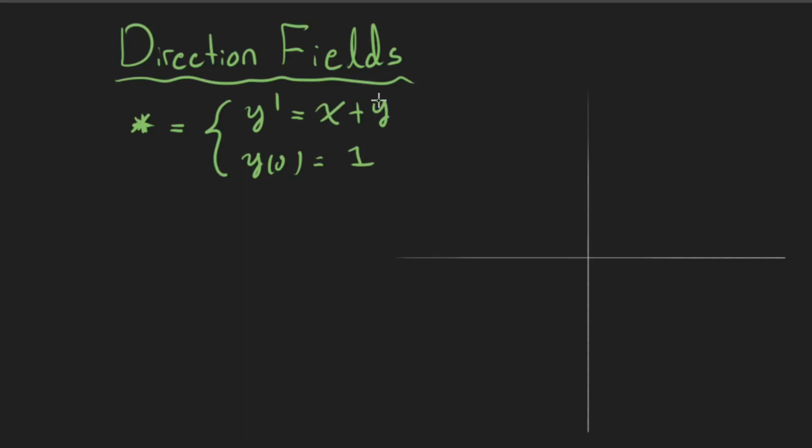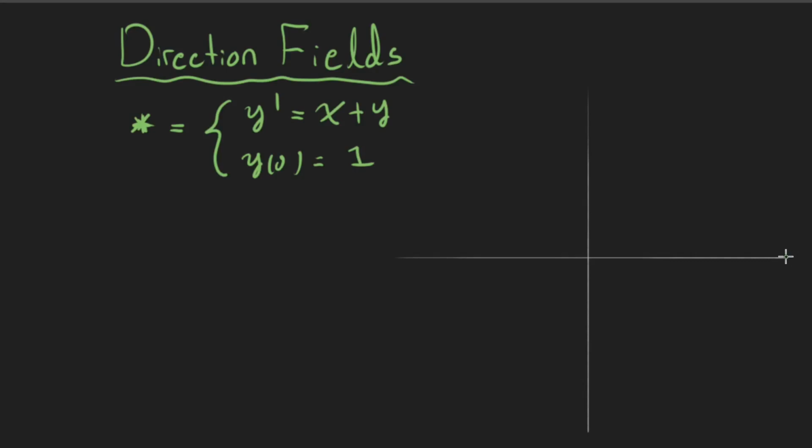Now, on top of quantitative analysis, sometimes we also want to do qualitative analysis of the ODEs, and so sometimes we want to be able to give pictures or graphical representations of what's going on. One basic way you can do this is something called a direction field. The idea is that if you have a differential equation right here, I can plot the slope at several values, right? So if I have a pretty simple one, y prime equals x plus y, then I can plot the slope across several x and y values